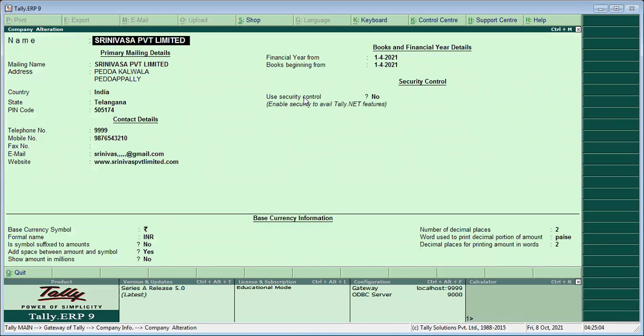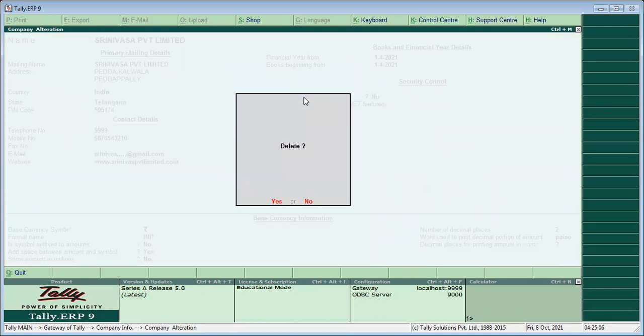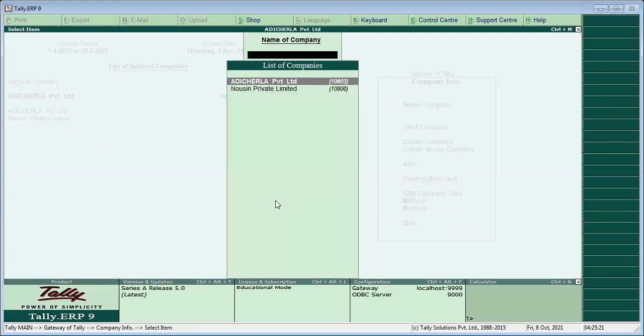By pressing Alt D, it will ask for confirmation: delete, yes or no. If you click yes, are you sure? Yes. The company disappears from the list of companies. So this is the use of alter.